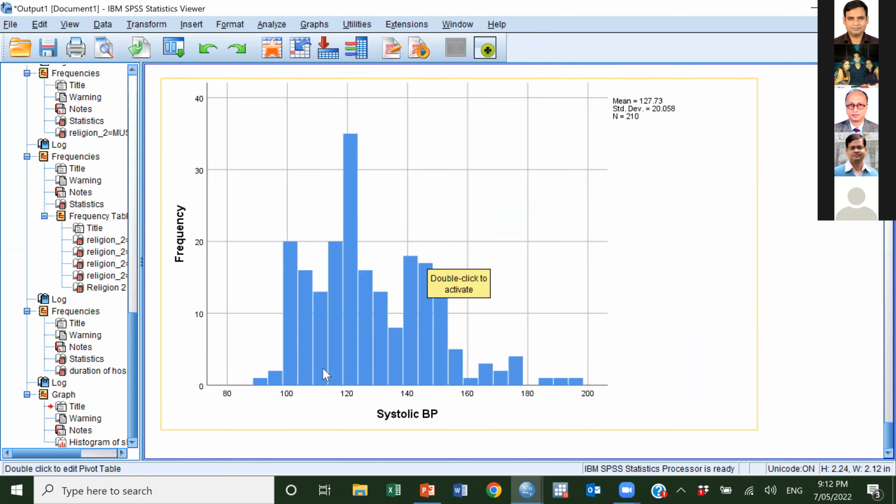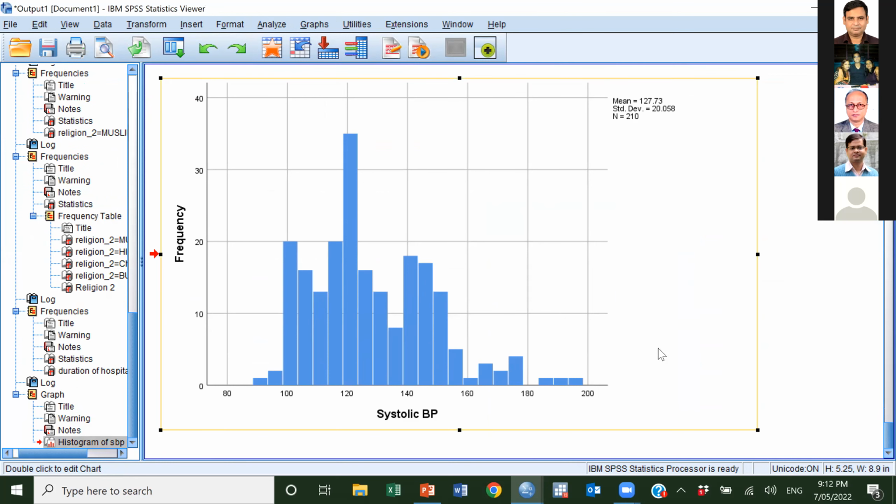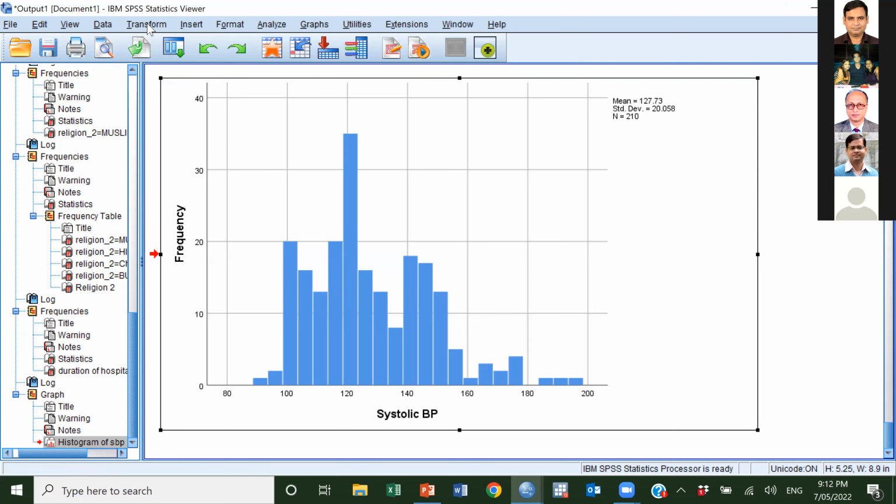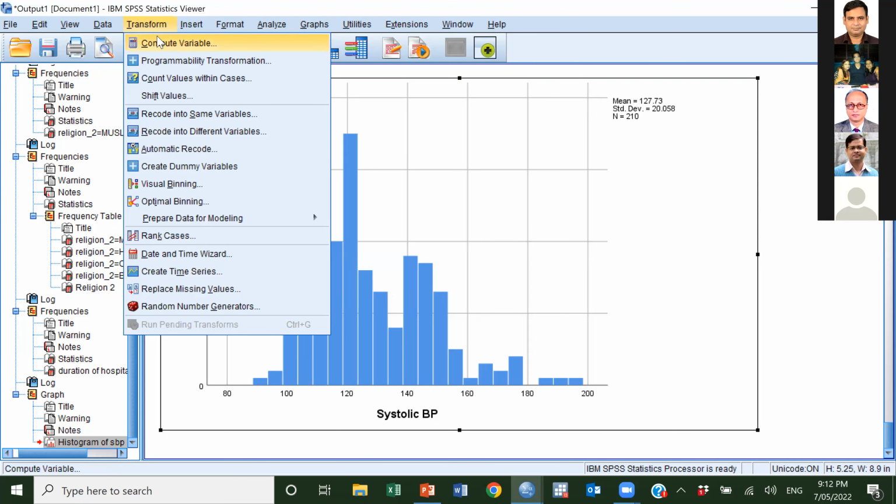You can see that the distribution is skewed to the right, a little bit skewed to the right, correct? Yes, sir. Now let us transform systolic blood pressure into log systolic blood pressure. Then let us see how the distribution looks. Now to transform the systolic blood pressure into log systolic blood pressure, again, we shall use the option transform